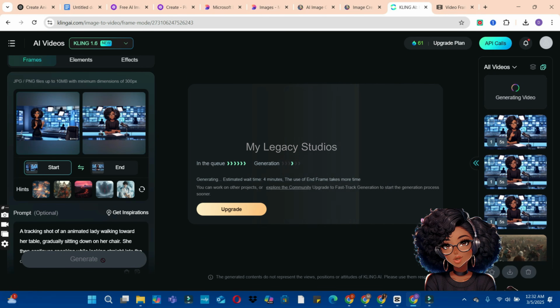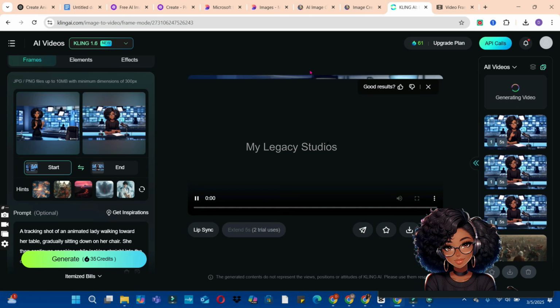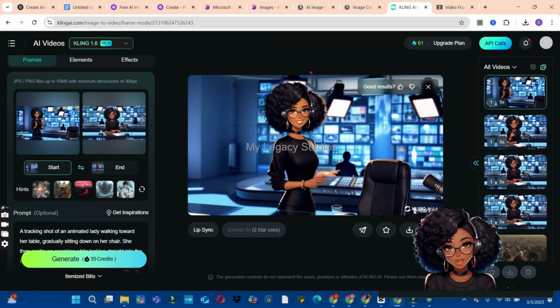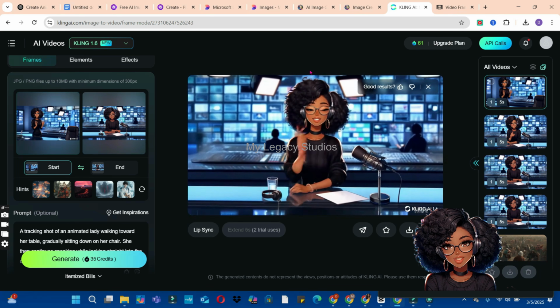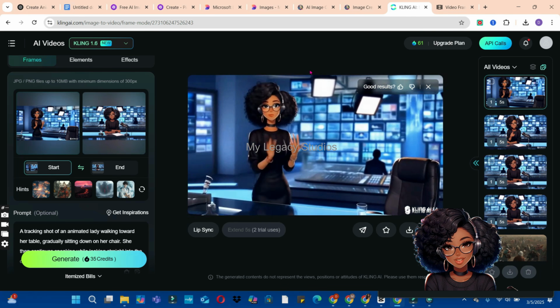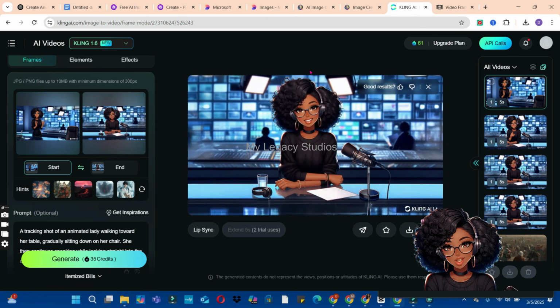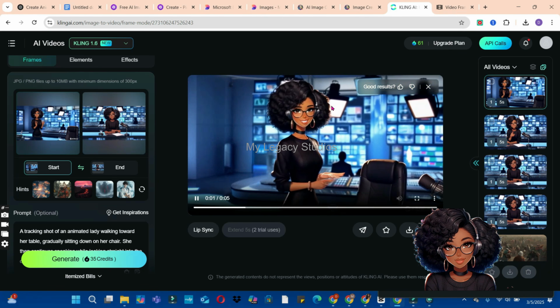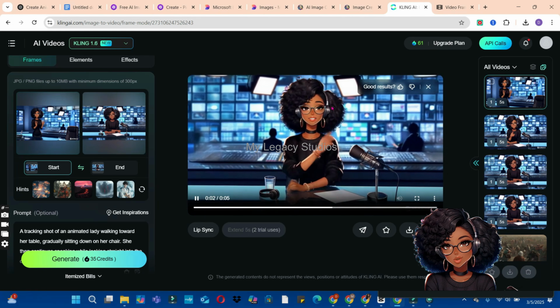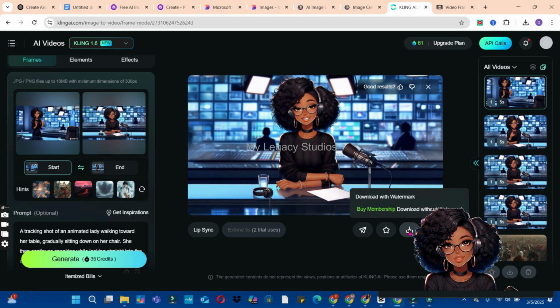So now you can go ahead and click on the generate button and generate your animation. This shouldn't take you more than 5 minutes, especially if you're working in the middle of the night. So you can see how the avatar moved from the corner to its original position and continued with the demonstration or the talking. That's how we want it to be. That is the main reason why we are using an ending image to bring the avatar back to its